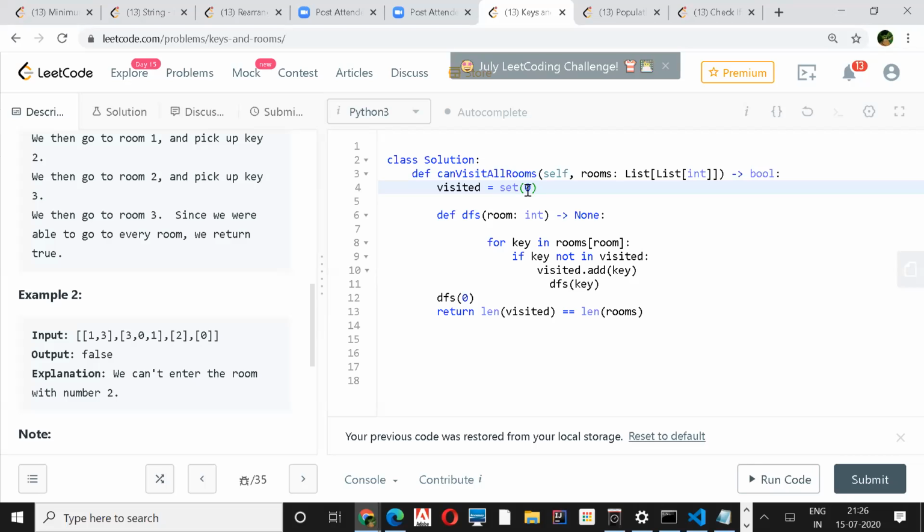Yeah, good to know that. Small optimization is there. Earlier I also used to get confused about when to make visited and when not to. But then I followed this approach in all the DFS questions, and everything just falls in place. If the key is not valid, let's not make the recursion call. So we can now change the template: if the key is not valid, if the key is not visited, then don't make the recursion call. And if you're making the recursion call, make sure you're adding it to a set.